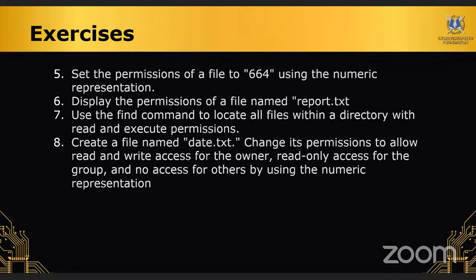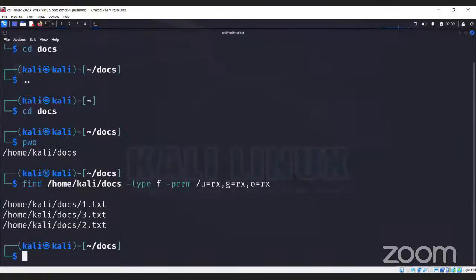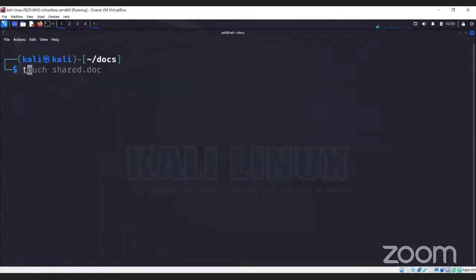This is also a very simple question. So first we have to create a date.txt file. We'll create it by using touch date.txt,